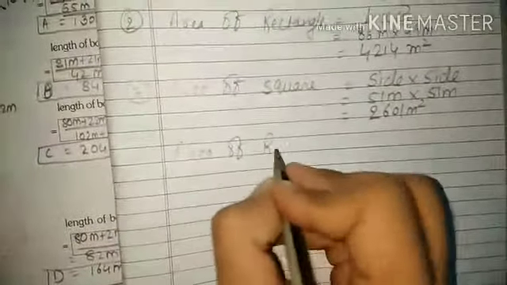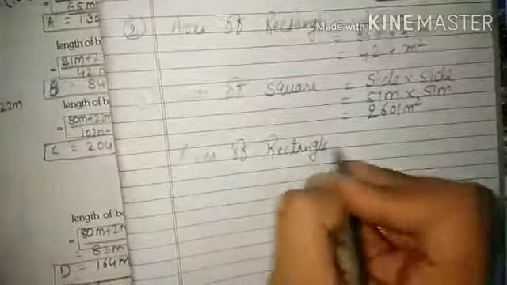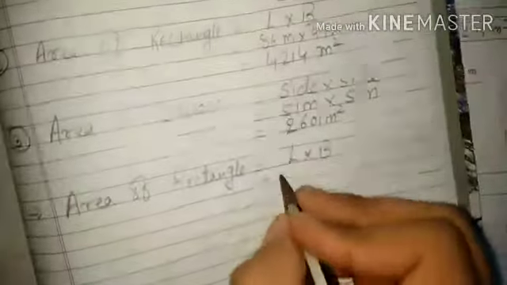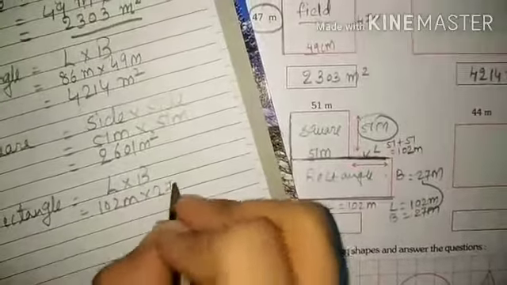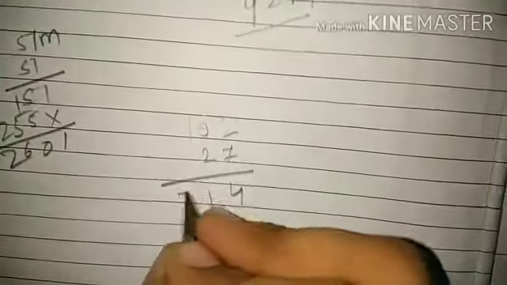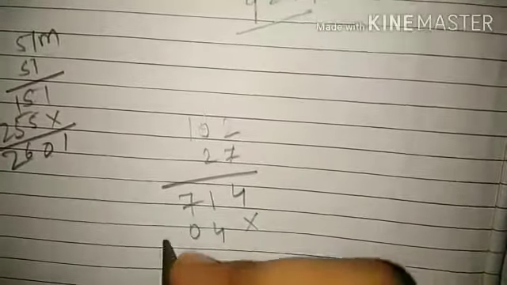Now do one thing, find out the area of the rectangle. So the formula would come as L into B. What is the L given here students? It is 102 meter into B, which I have found out as 27 meter. Students, just do the multiplication in the rough sheet for that, 102 into 27. Check it again. Do the multiplication on the sheet. 7 2s are 14, carry 1. 7 1s are 7. 2 2s are 4, 2 0s are 0, 2 1s are 2.